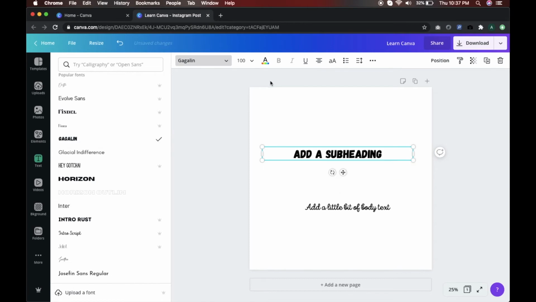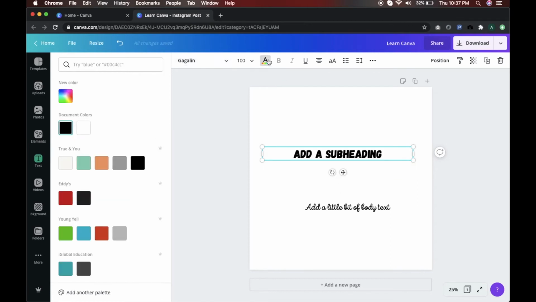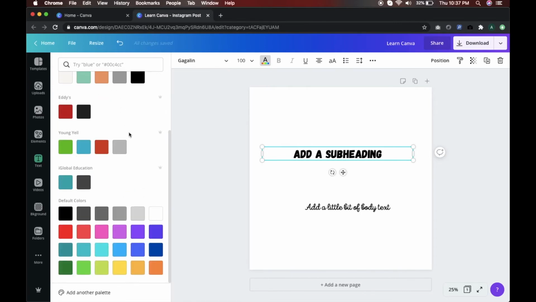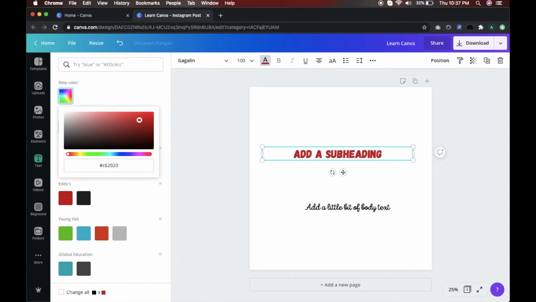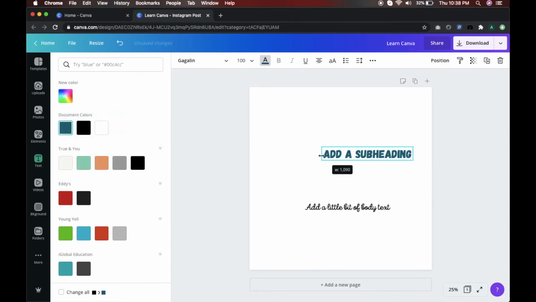Now heading next, we have the color option. This is used for changing text colors. So the document colors and the templates that I've already created come over here. Otherwise, you always have a color picker whereby you can pick up a new color, and you can also put the hex value of the color, and you can get the color code that you require. So the colors can be changed from this place over here.